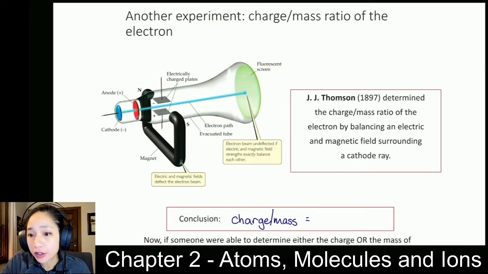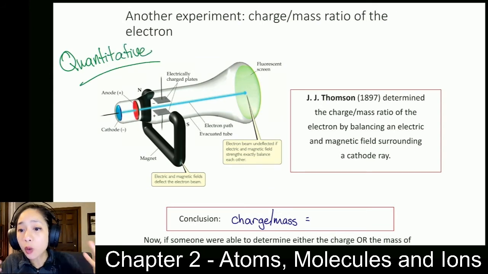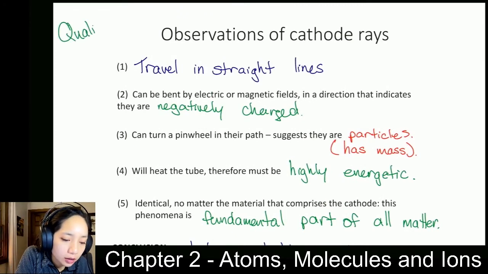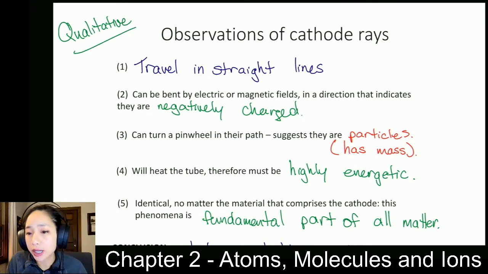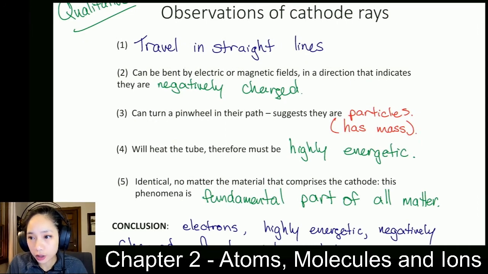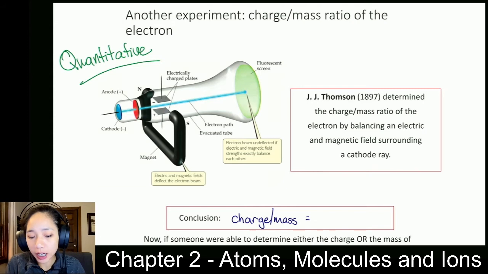So here is another cathode ray tube experiment, this time done by J.J. Thomson. In this experiment, it's a little fancier because in the end, it's more quantitative, meaning that we got some quantities out of this experiment. We got some numbers or values out of it. While this first cathode ray tube experiment was more qualitative, where from how the experiment was designed, we got some qualities about the electron. We know that it's negatively charged. We know that it's energetic, that it has mass. Those are just qualities. While J.J. Thomson's experiment was more quantitative. We got some numbers out of it.